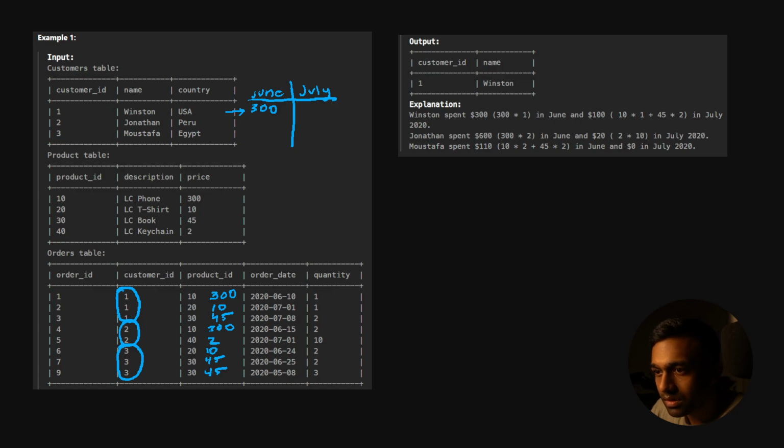right? Maybe I did this wrong. No, they spent 55. Oh, they bought a quantity of 2. So we've got to make sure we multiply the price by 2. So that's 95. Oh, that's 90 plus 10, so that's 100. Right? And then